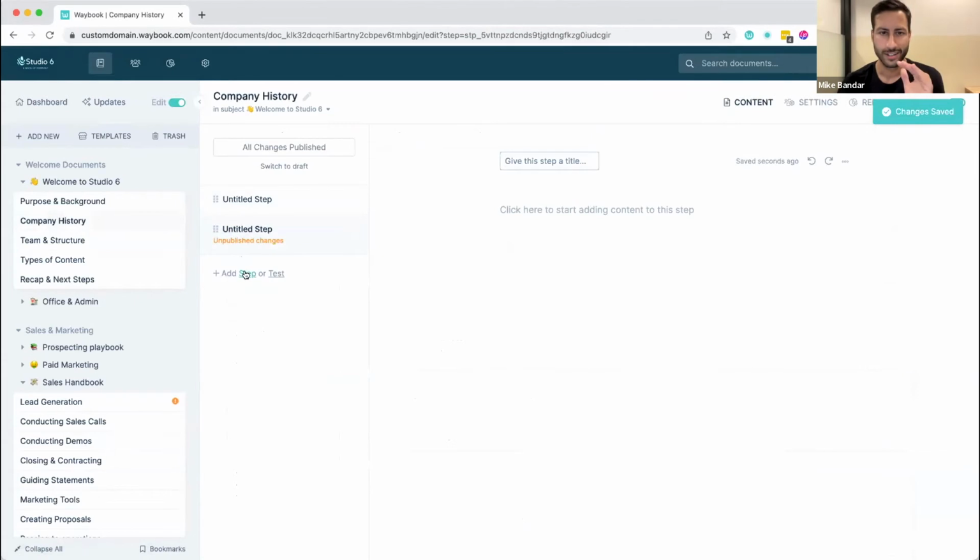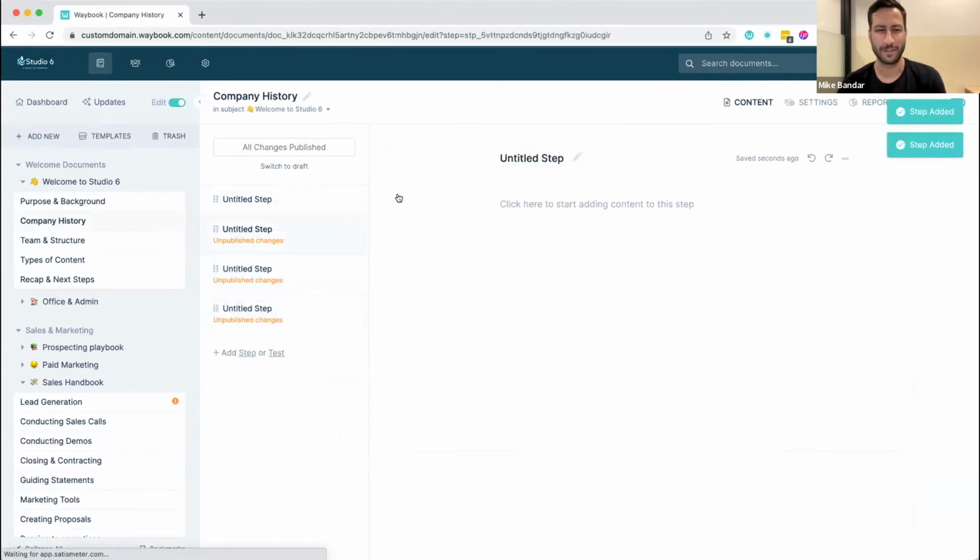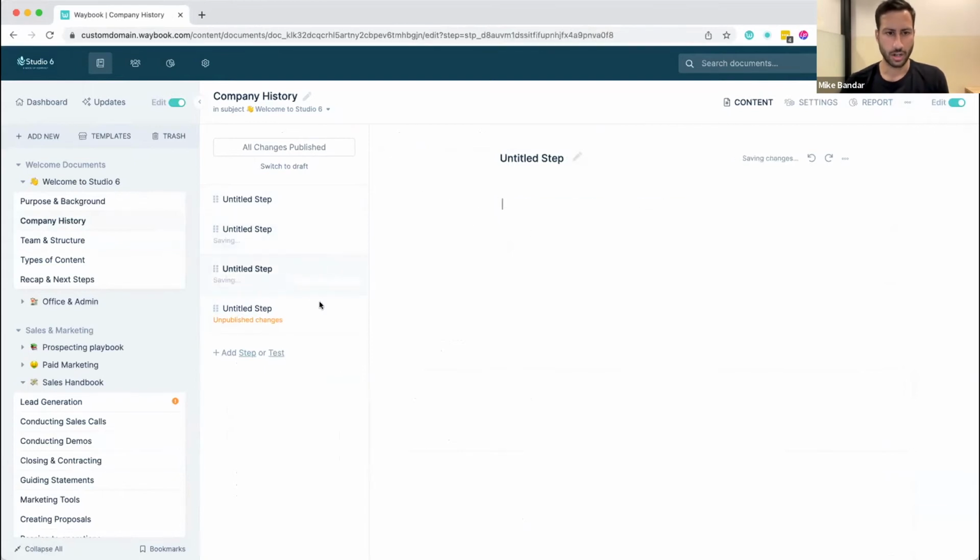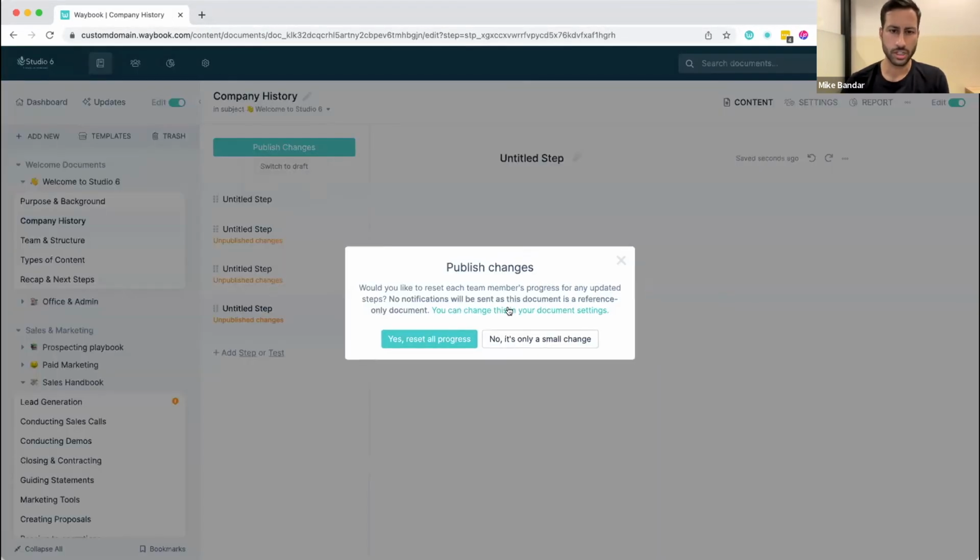Now, obviously, this is an empty document. I probably shouldn't have clicked on that one. But if we just add a couple of steps there, just so we get the principle of what a reference document looks like as we're navigating through. So if I make a little change, I'll just put one space of content in each of those, and I publish that change. I'll publish this, but it will tell me that this document is a reference document only, so no notifications will be sent out on that. Of course, you can then click this button and change that if you wanted to,